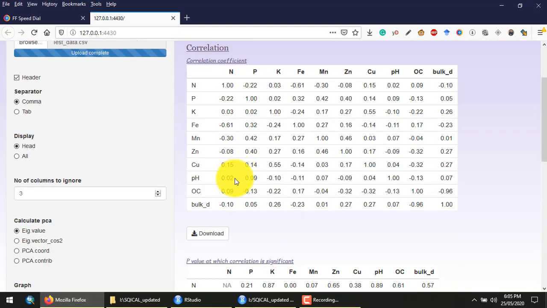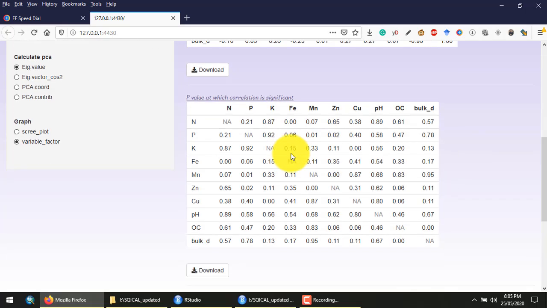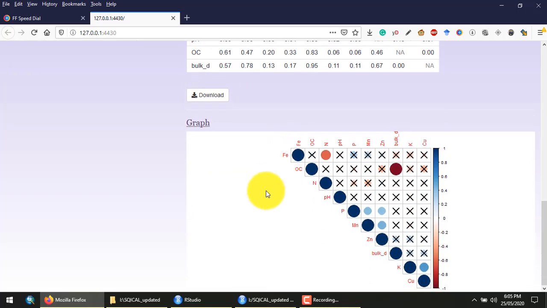This step calculates the correlations among the different soil variables. This is the Pearson correlation coefficient, and this is the significance value. You can also find a beautiful correlation graph here, where cross signs show that the correlation is not significant.